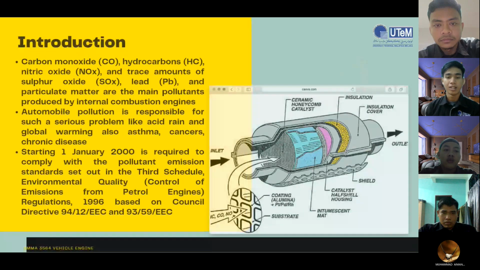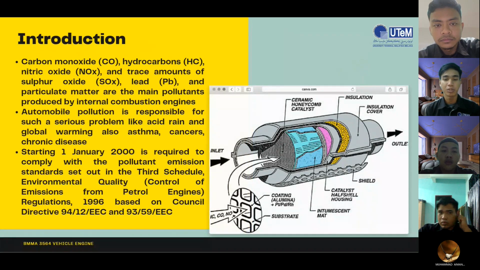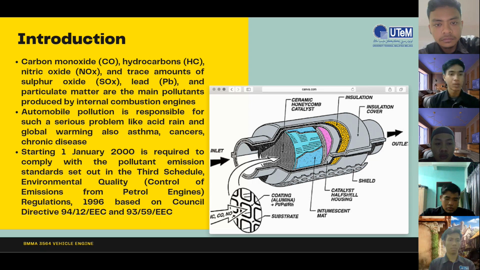Introduction. Research has stated that the main pollutants produced by internal combustion engines come from various chemical reactions. The chemicals are such as carbon monoxide, hydrocarbon, nitric oxide, and trace amounts of sulfur oxide, lead, and others. All of these pollutants, such as acid rain and global warming, also asthma, cancer, and chronic disease, were caused by